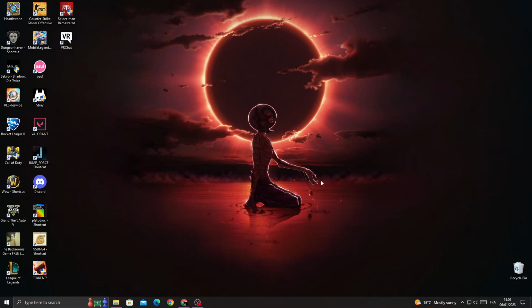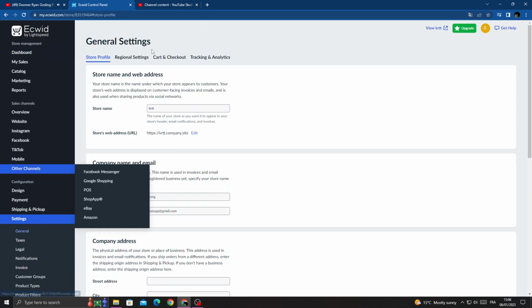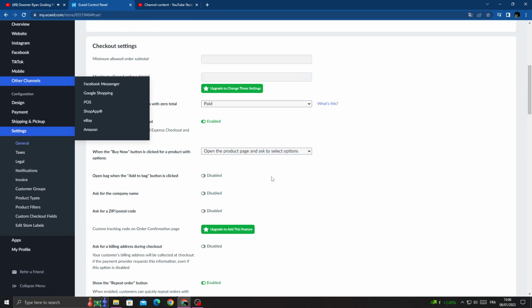How to find compare to price settings on Ecwid, easy and quick. Hello guys, in today's video I'm gonna show you how to find it. First open your browser and then once you're here, click this one, click settings and then click cart and checkout and scroll down until you find